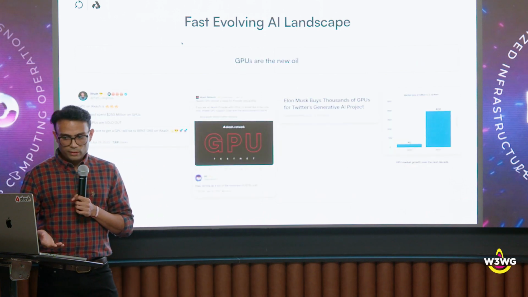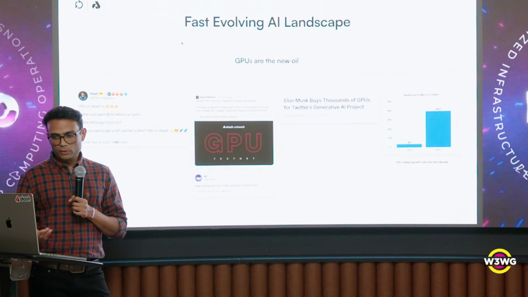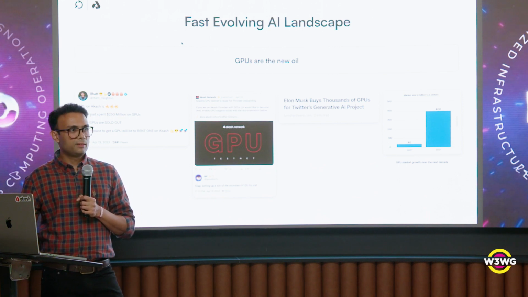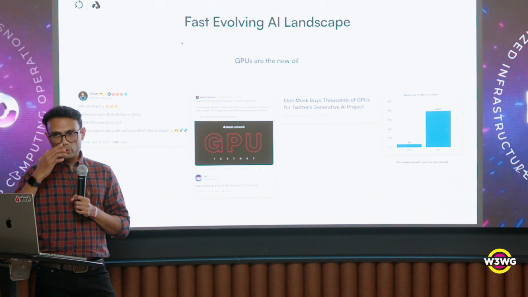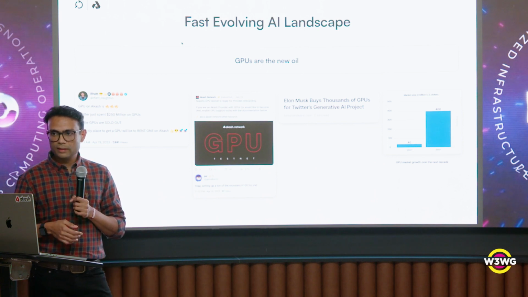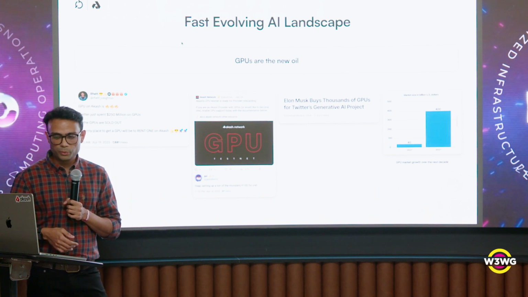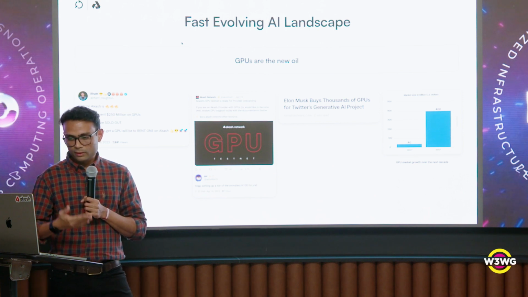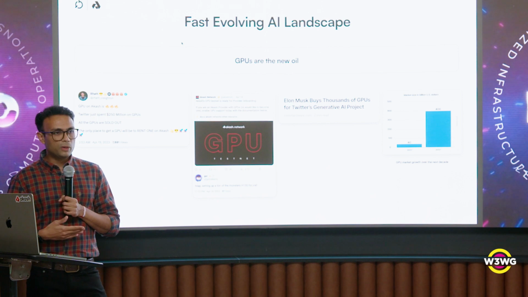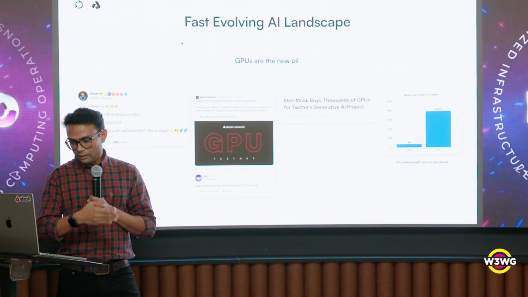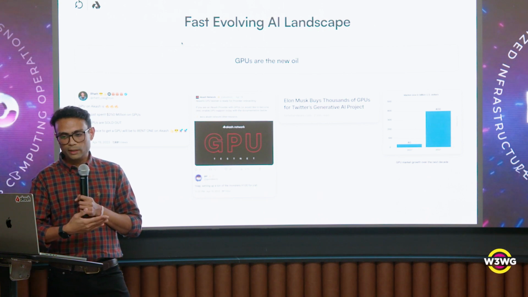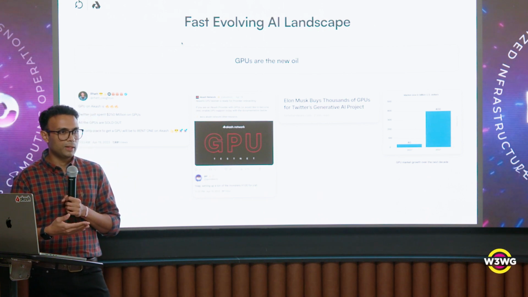Which brings us to the next thing. The way I like to put it is, GPUs are essentially the new oil in some ways. So if you follow our Twitter or keep track of what's going on in Akash, you probably saw the announcement a week ago where we announced support for GPUs on our network, and we launched a testnet for that. And you can see there's been a significant amount of interest from the community. One of the tweets there on the left is from one of the core Bitcoin developers who's really excited that we have GPU support now.